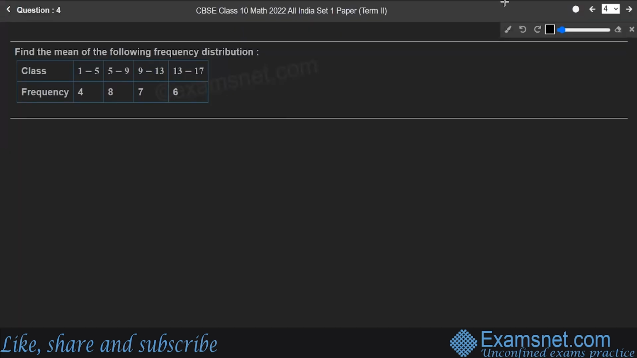Okay, so we are supposed to find out the mean of the following frequency distribution. Let us make the table out of this. There is a class, then there is a frequency. Then after that, we'll bring the class marks. And the last one will be